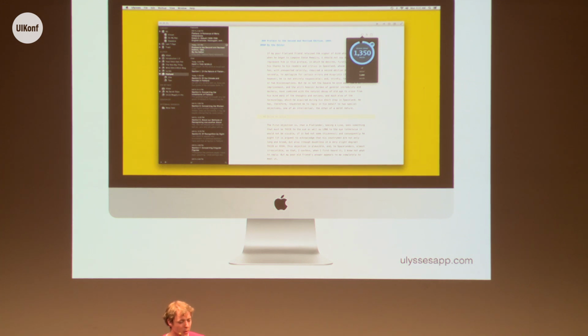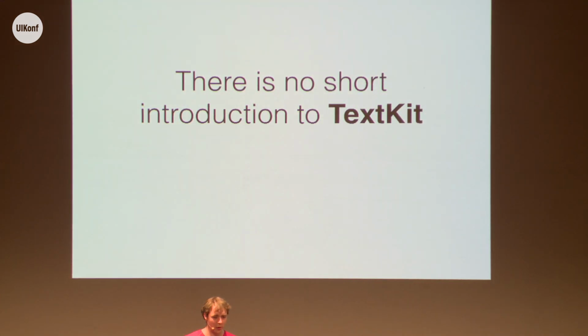All right. So the title of this talk is TextKit for the rest of us. Here's a little thing I have to share: there is no short introduction to TextKit, unfortunately, but we'll do one anyway. Okay. What is TextKit all about? To give you the very first idea,